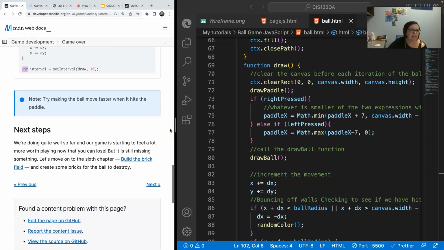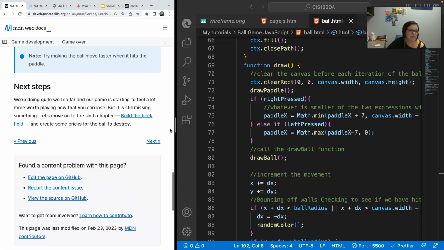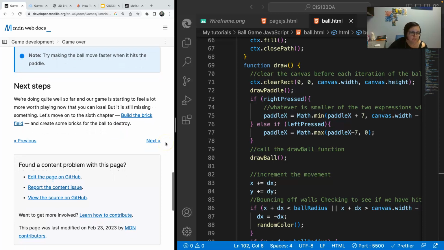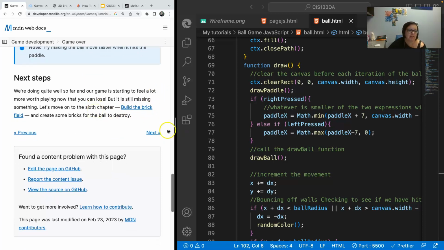This is good. So next steps. We're doing great. And now we can lose, right? We don't have the brick. We're going to build it. Brick field and